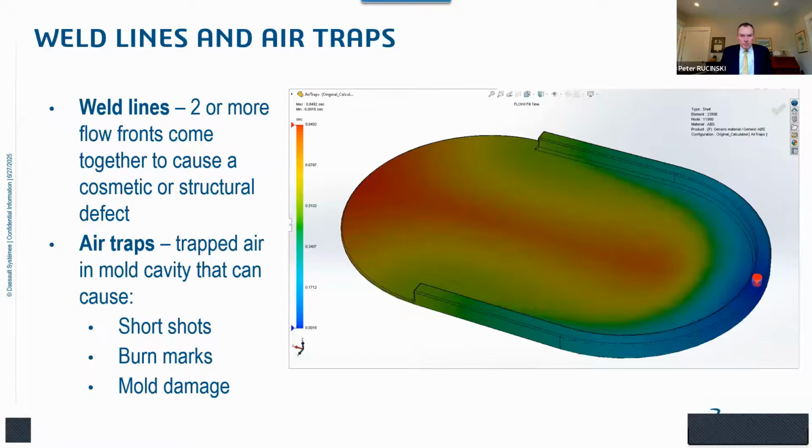Another defect that can occur as the melted plastic fills the mold. If you think about these mold cavities, before they get filled with melted plastic, they're filled with air. That's when the mold closes, atmospheric air just gets trapped in there. As the melted plastic flows into the mold, the trapped air has to have somewhere to go. Usually it's just vented out the parting line of the mold and it doesn't cause a problem.